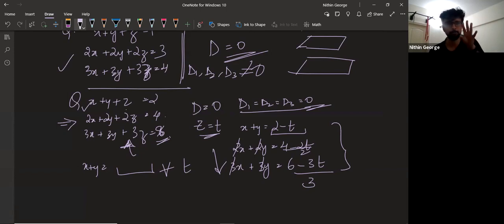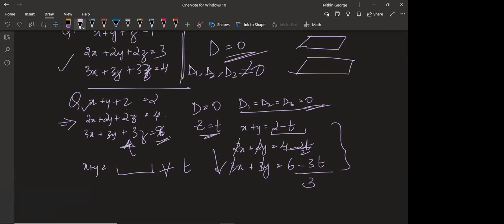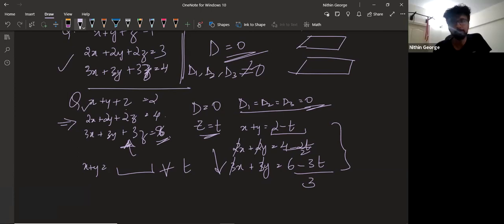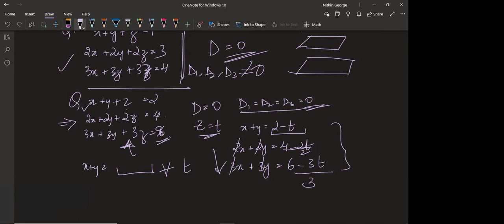Our next chapter mostly will be complex numbers and then sequence and series. We'll try to finish it at the earliest. So please try to come prepared. Read a bit about these topics and then come, because I will be going a little fast. What's the next topic, sir? Complex numbers. Okay, sir. And after that, sequence and series. Okay, sir.